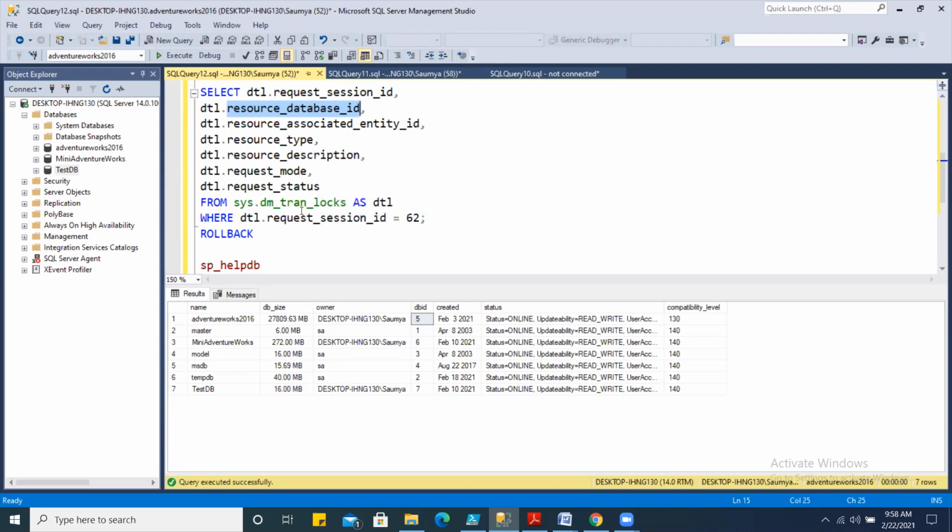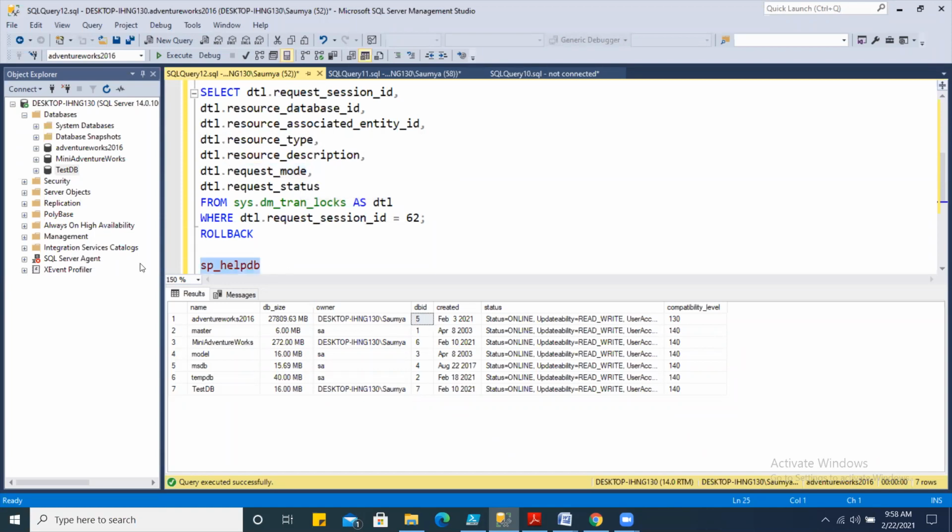More interesting is that we have to check the resource type and the request mode, what kind of lock has been granted against what kind of resource. Under the resource type column, you will see RID, and under request mode, you will see shared and intent shared.